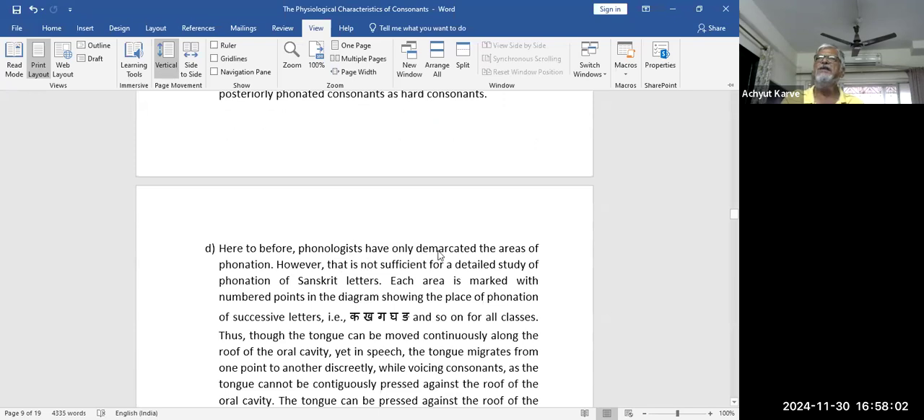Here too, before, phonologists have only demarcated the areas of phonation. However, that is not sufficient for a detailed study of phonation of Sanskrit letters. Each area is marked with numbered points in the diagram showing the place of phonation of successive letters. So at 1, 2, 3, 4, and 5, what you find is that while we teach in schools, with our tongues, we phonate ka ahead of kha. We say ka, kha, ga, gha, nga. Now, when we are saying ka, kha, ga, gha, nga,